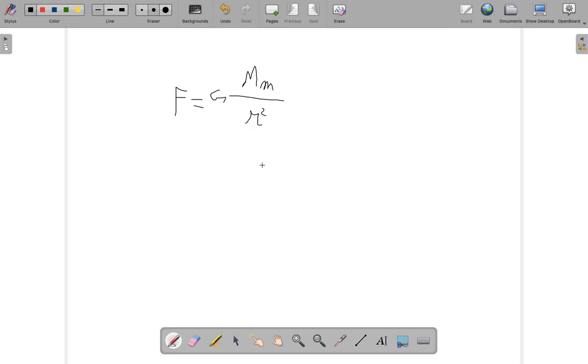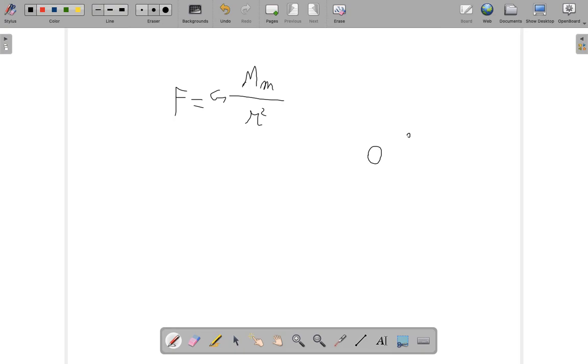Next, we have gravitational field strength. So gravitational field strength at a certain point is the gravitational force per unit mass experienced by a small point mass m at any point in the field. So what this means to say is, if you have, let's say, a planet over here with a huge gravitational field around it,